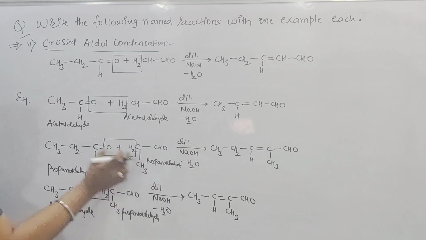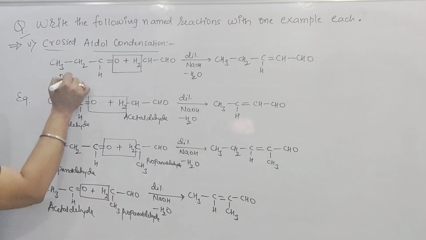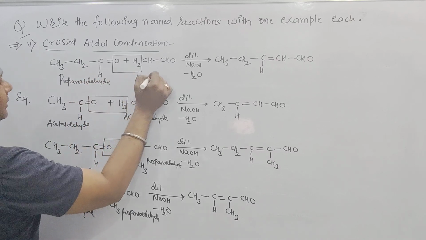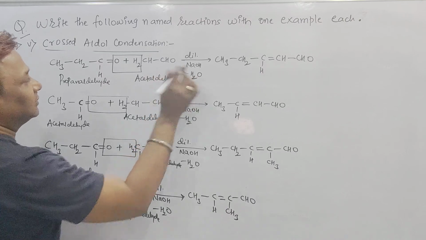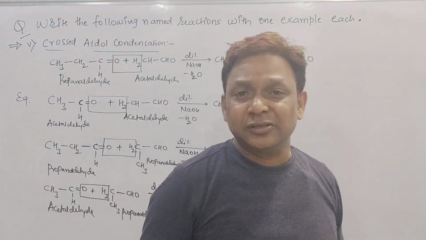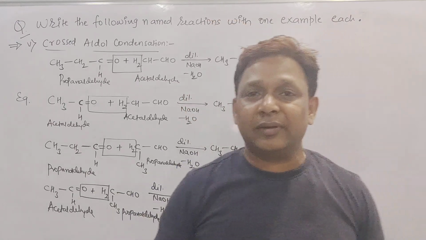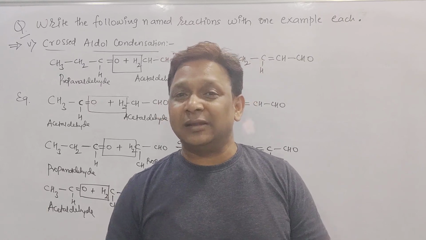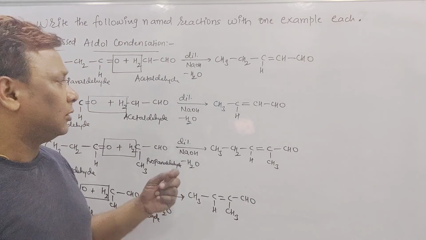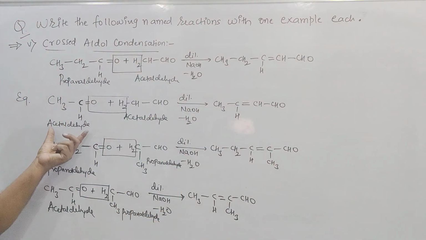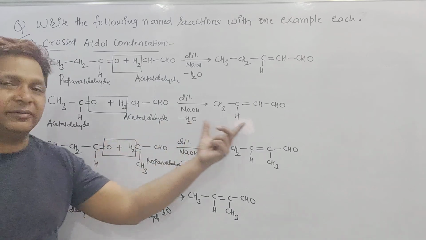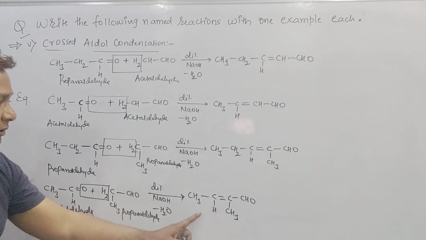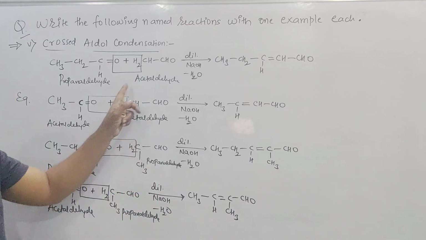Now propanaldehyde plus acetaldehyde. This is called as a what? Propanaldehyde reacts with what beta? Acetaldehyde and it gives rise to this product. Means statement how to write beta? Condensation of 2 different carbonyl compounds which must have at least one alpha hydrogen atom undergoes condensation in presence of dilute NaOH and gives or called as a cross aldol product or cross aldol condensation. Means I started from here beta. Acetaldehyde, acetaldehyde, one more. Propanaldehyde, propanaldehyde, one more. Acetaldehyde plus propanaldehyde, one more. Propanaldehyde plus acetaldehyde, one more.